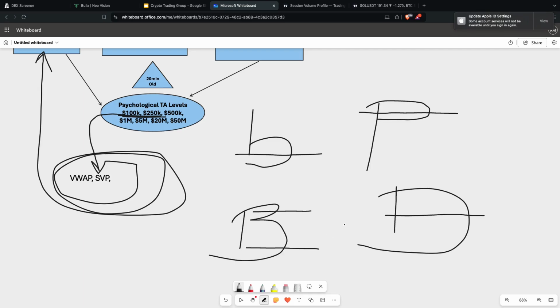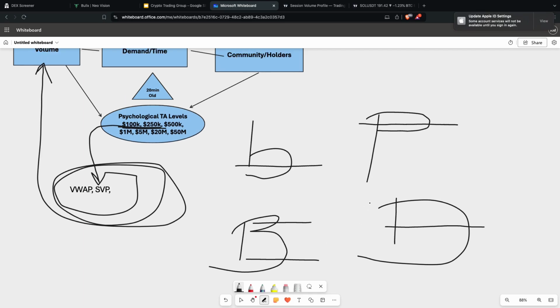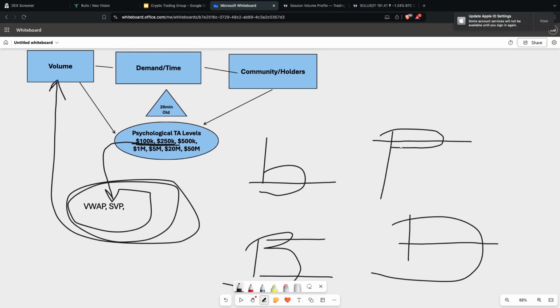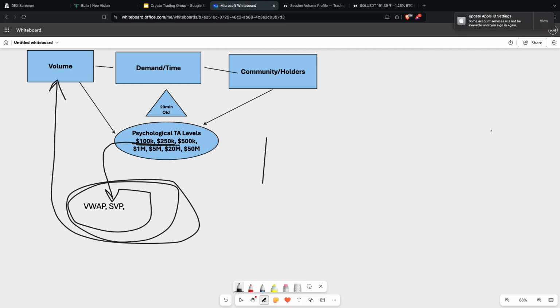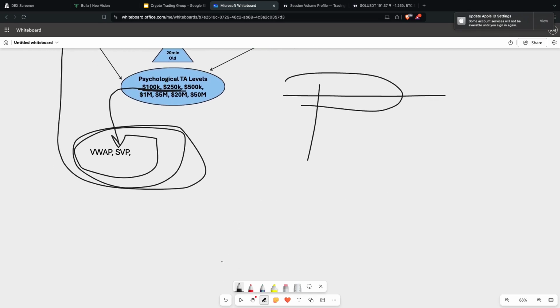So what you're mostly going to be interested in is the type of shape, as far as your SVP is concerned, which is supposed to be the P structure. The P structure shows strength and a high likelihood of a breakout towards the upside. And this is one of the reasons why, if you have this particular trajectory and the price is beginning to trade like this on a psychological level,